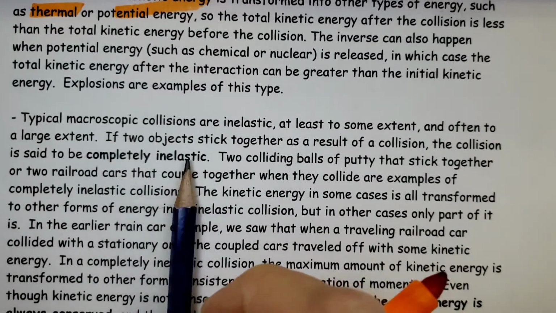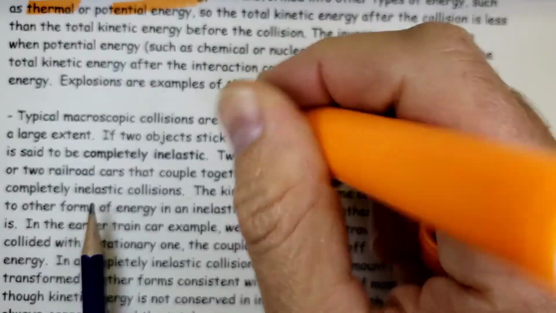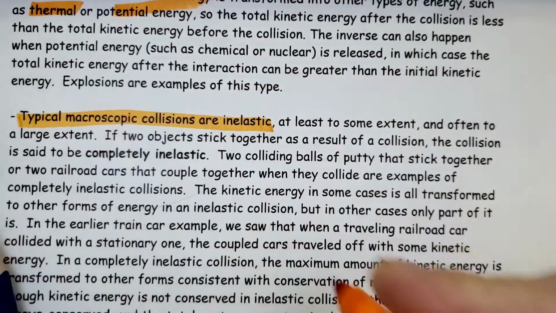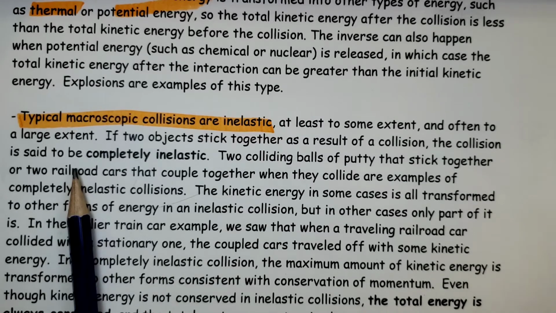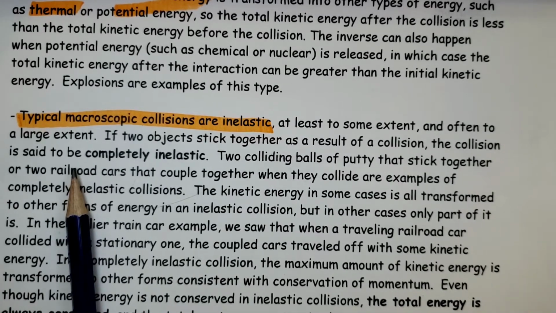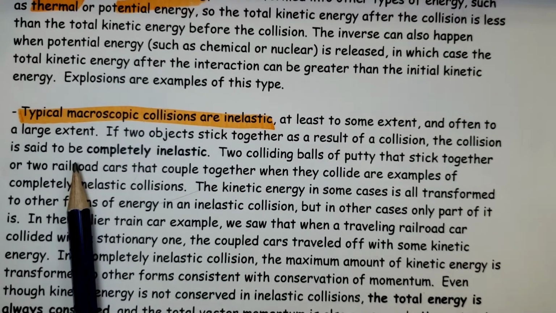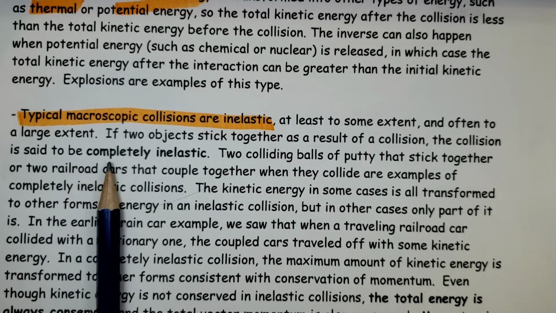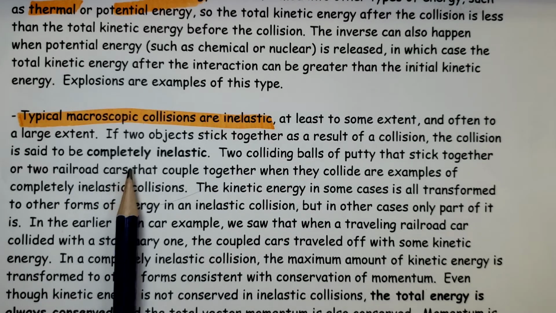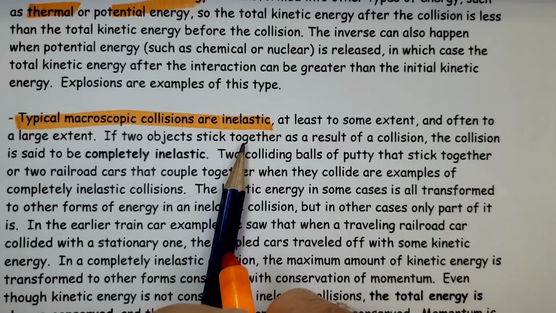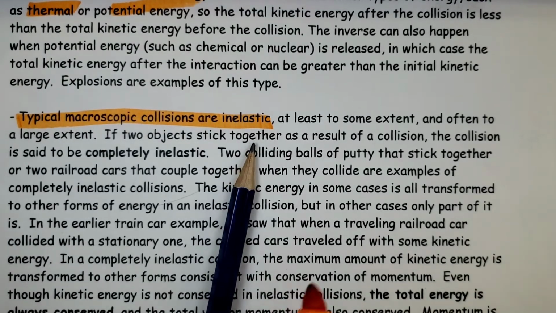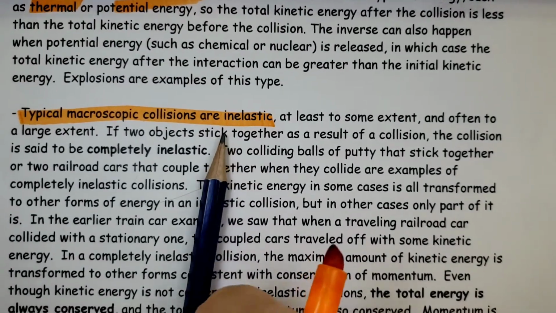Typical macroscopic collisions are inelastic, as I mentioned in the last video. So most of the time we do have inelastic collisions. The only time you actually have elastic is with ideal gas molecules in a certain scenario, a container in which we're not having kinetic energy change into some other form. But of course, we sometimes make an assumption that something is close to being elastic, therefore we can make the assumptions we did in the previous video.